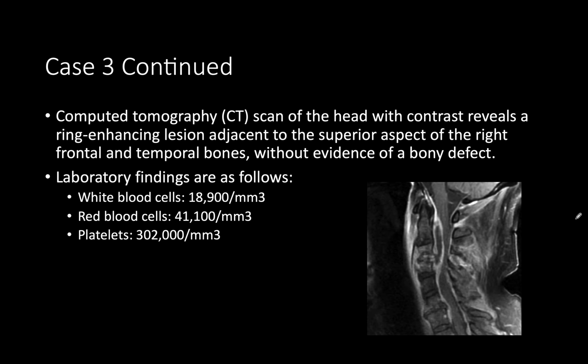Yeah, so you could see basically involvement of the bone. And what they're describing here, they can say it better than I can, which is why I'm reading from this: a ring-enhancing lesion adjacent to the superior aspect of the right frontal and temporal bones. So you're going to focus in on all of the different sinuses. You have your maxillary sinuses, your ethmoid sinuses, and you're going to evaluate all of the different sinuses and look for, does one of these sinuses look more dense? And is one of these sinuses nearby where your dural abscess is? That should kind of point you in the direction of the diagnosis.